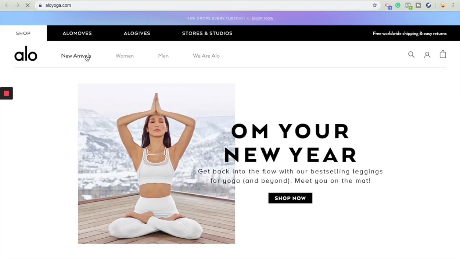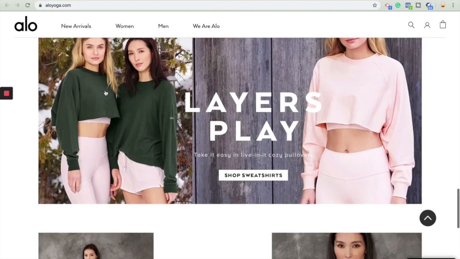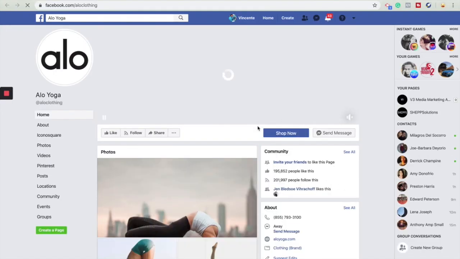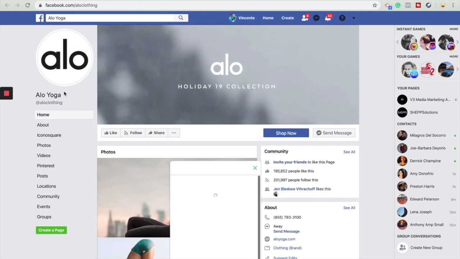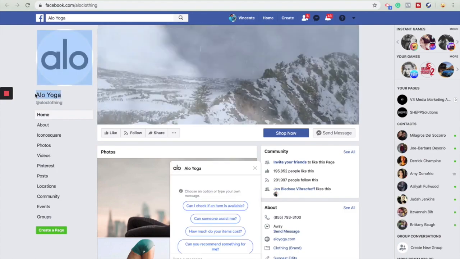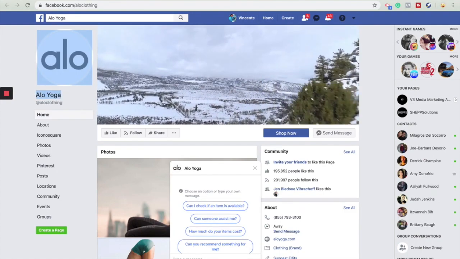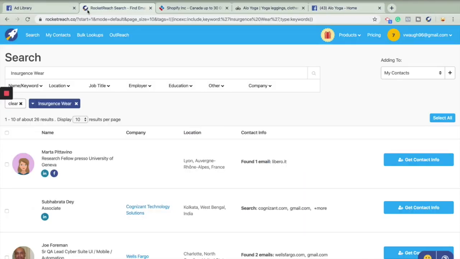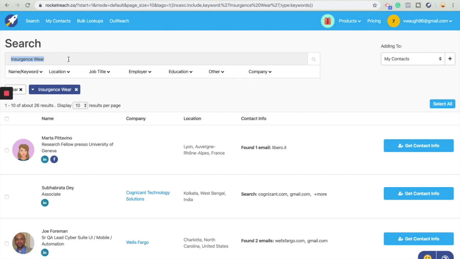So we have a well-known brand like this, Alo Yoga. Amazing. They have Facebook pixels running. They might even be running Facebook ads, but this looks like a professional store. So you can get a lot of data collected from this. You can understand how they run their ads, how they market. To me, it looks like they have an in-house team. And this is just minute, small things you can tell about their website to understand them a little bit.